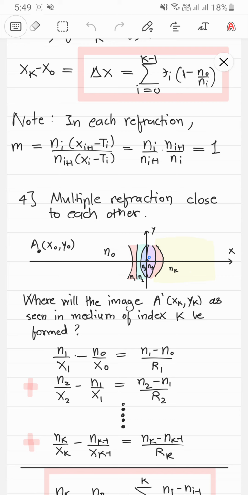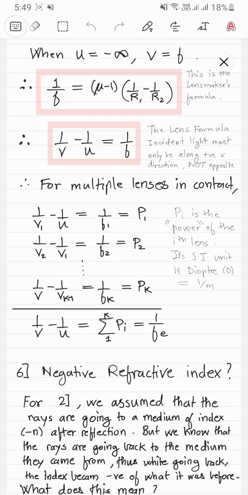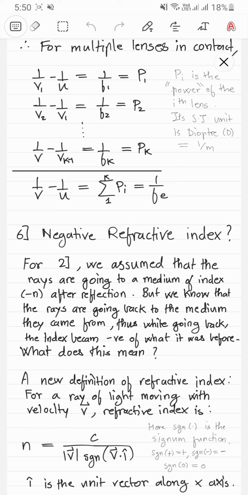So what we could do is just not break the flow and think of the reflection as refraction. I know that's weird, right? The thing is, your light ray isn't going to some hypothetical medium when it reflects. No, it's going back to the same medium it came from, but just in the negative direction, and that's why you just make the refractive index negative, and it all works out perfectly, and then it keeps on going backwards,